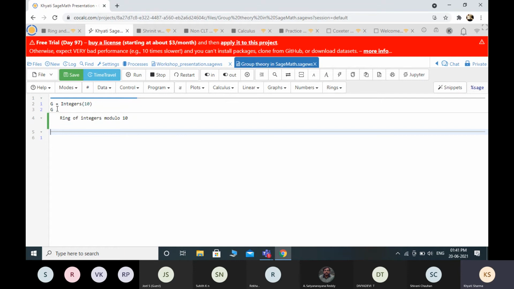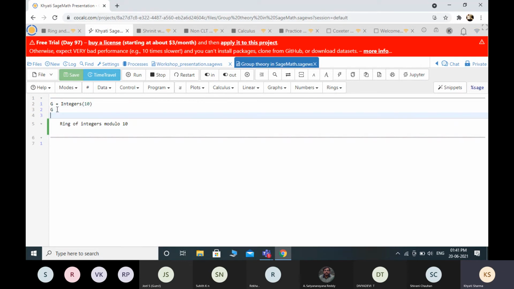In Sage Math, we can find many properties of groups by using the inbuilt commands. Suppose I want to find out something about a group, let's say the particular group I defined here. What we have to do is type G dot, and press tab.